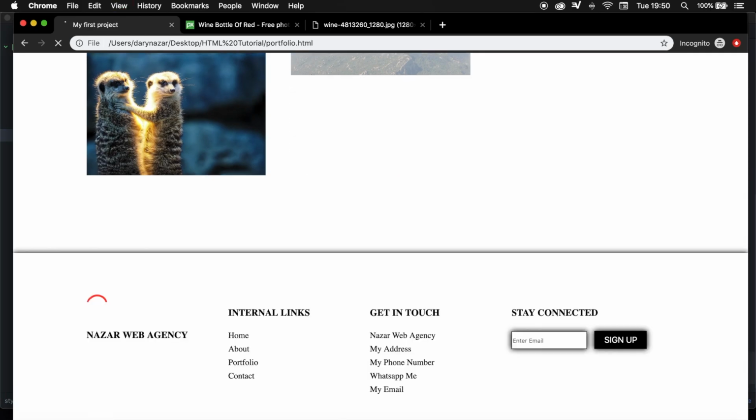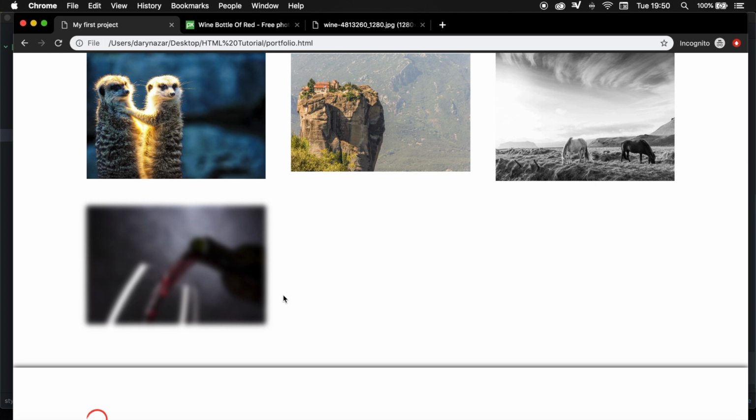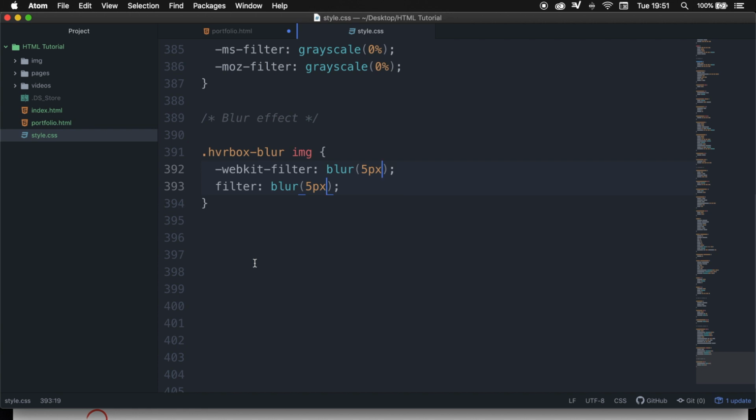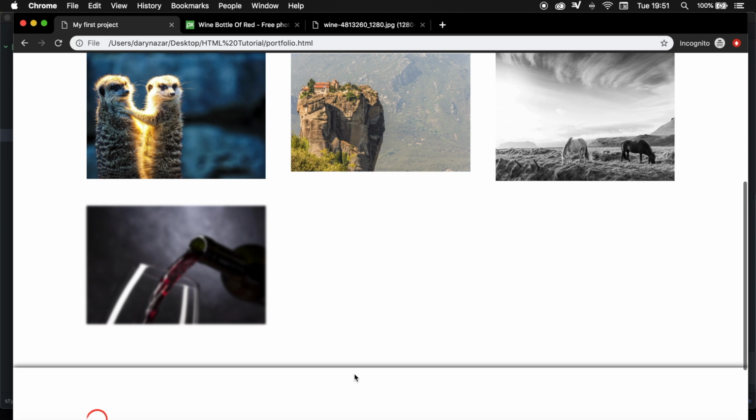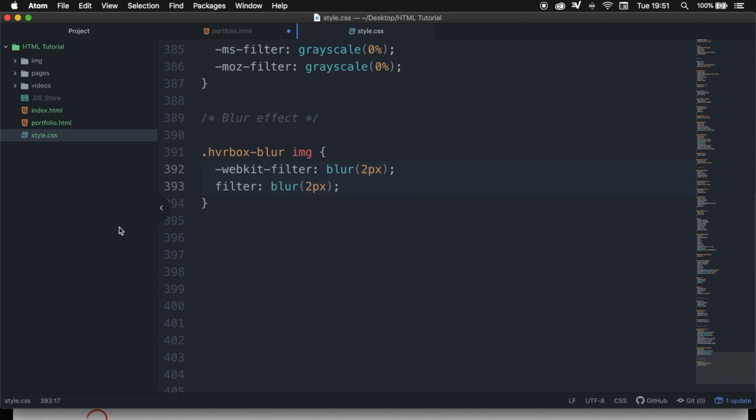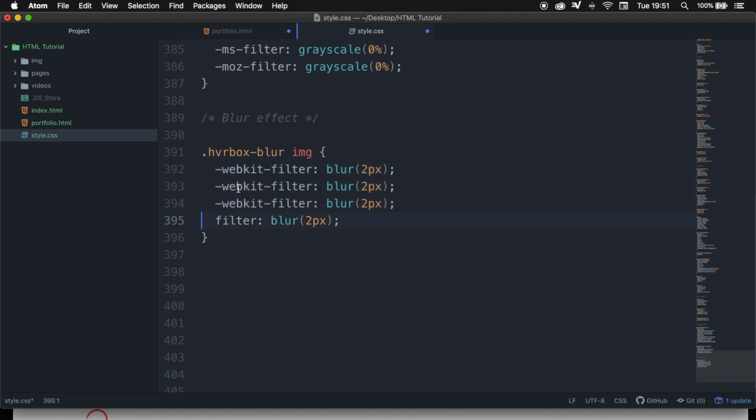Save it. Refresh the browser. And you can see that, well, it really works right now. I usually like to work around 1 or 2. So let's set it equal to 2. Save it. Refresh it. Since it's not possible to use it on all browsers, we need to create our Webkit as well. Well, that's actually what we did, but we need to copy paste it 2 more times. And we need to change the second one to ms, because we want it to work on Internet Explorer as well. And in order for it to work on Firefox, we need to change the third one to moz for